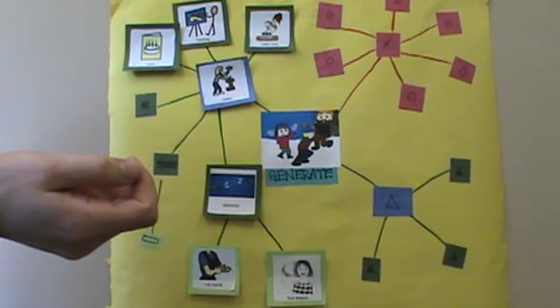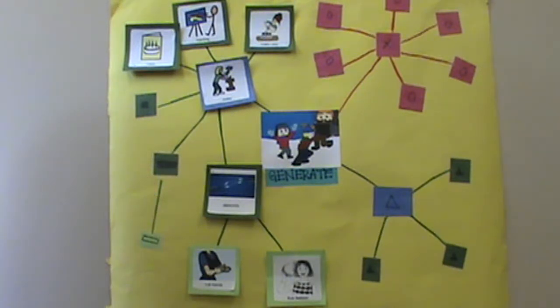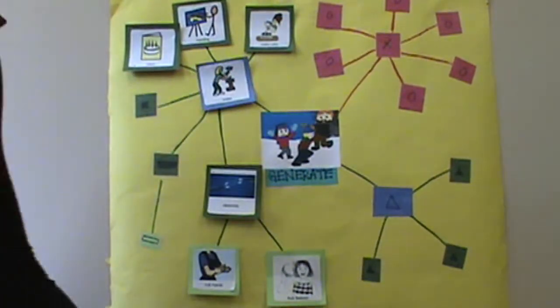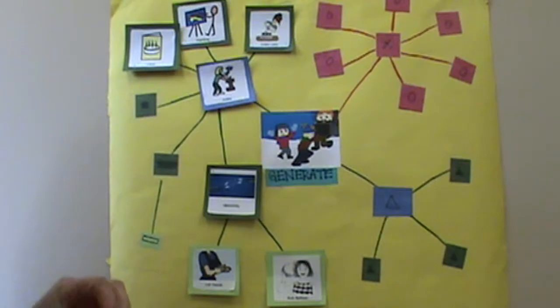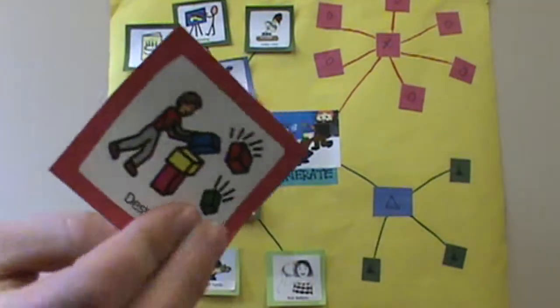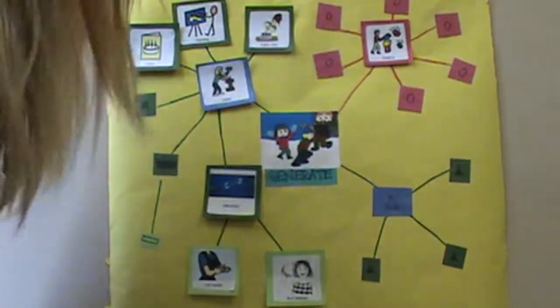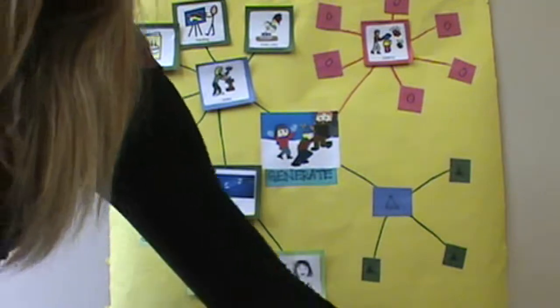You can look at picture cards. You can find colors that are the same and different, things like that. And then you might want to talk about the opposite. So the opposite of make is destroy. So destroy. Look, so then you put this card up right here, and then you'd have the kid select from